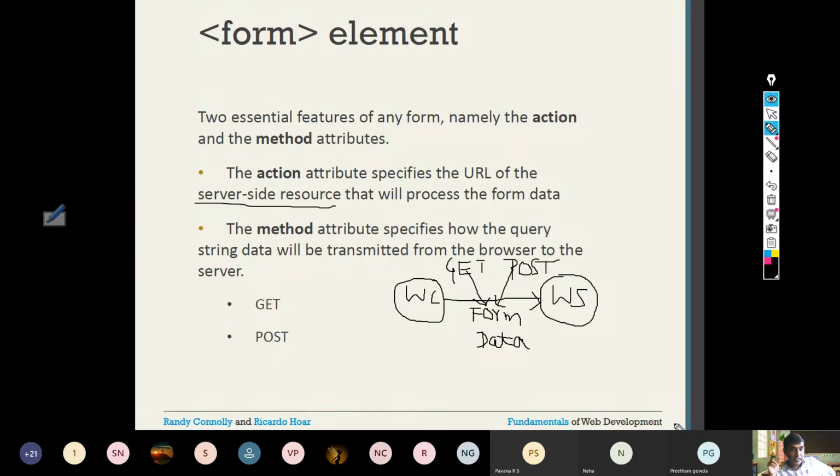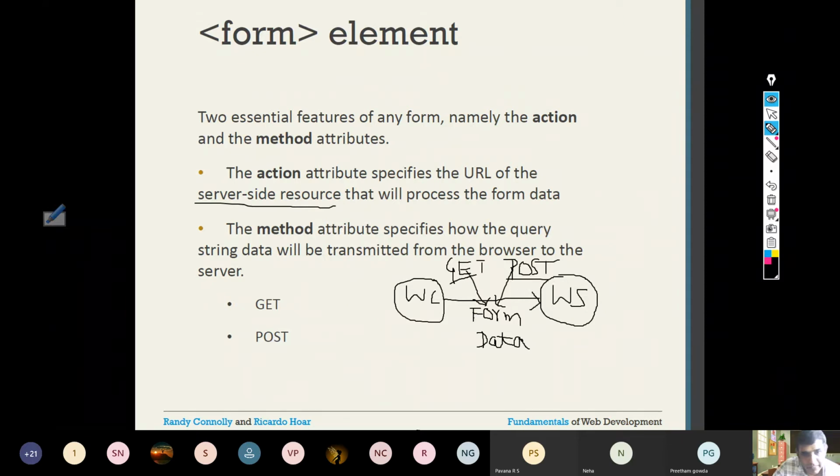I told you what a query string is: the name of the variable equal to the value that we are assigning to it, for more than one form element. Such a string we call a query string. How do you transfer the query string data, which is your form data, from client to server? That can be done by using two methods, get and post.